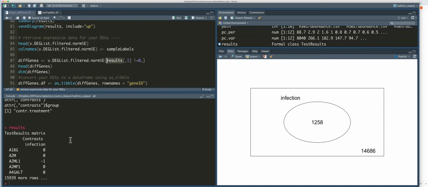There's only one column, but I have to indicate that column. If I had multiple contrasts here, I want to articulate which column I'm talking about. The pairwise comparison I'm interested in, infection, the result does not equal 0, right? So this is a Boolean expression here